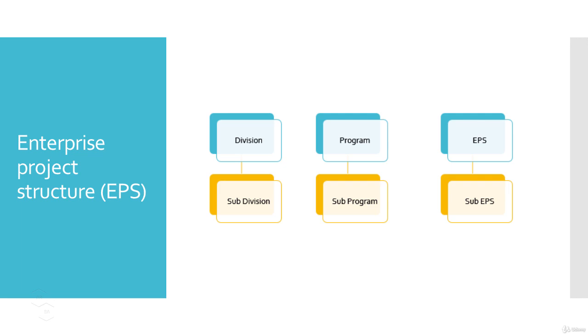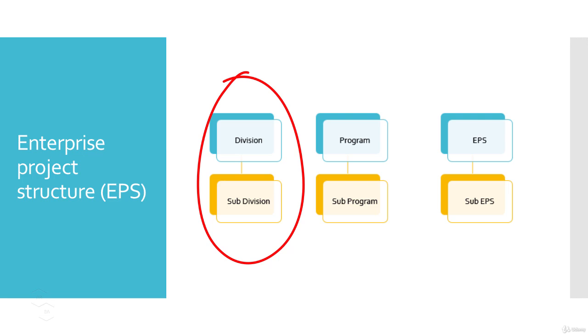Okay, so at this stage, we have covered the two very important Primavera P6 concepts that are OBS and EPS, I mean the organizational breakdown structure and enterprise project structure. The organizational breakdown structure or OBS is a hierarchy that can have divisions, departments, teams, and the team members. In fact, OBS breaks down the people, and the people are the ones that will actually be doing the project